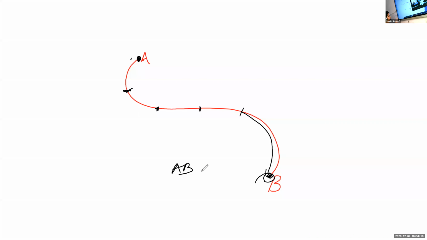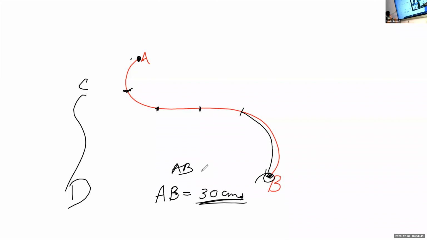Understood? So for example, Devika, what did you get? 30. Yes. So Devika's curved line AB would have a value of 30 centimeters. Understood? Yes, ma'am. So for each of you, you will have different values depending on your curved line. Suppose if I had to draw such a curved line, let it be curved line CD. So this CD's length will be different from that of AB, isn't it? Yes, ma'am.